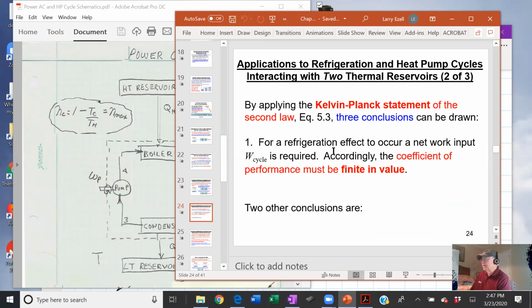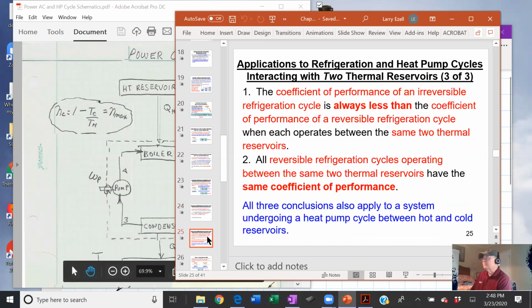Now it said Kelvin Planck. For refrigeration effect to occur, net amount of work is input. You got to put work into it. You got to have that compression. Two other corollaries are